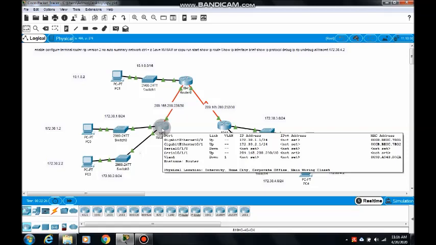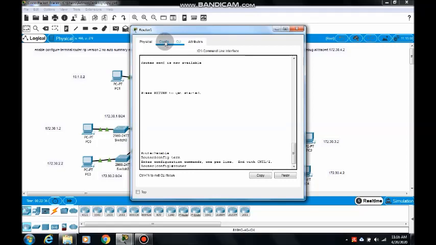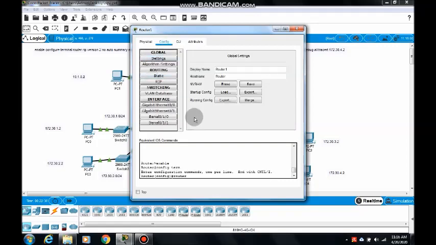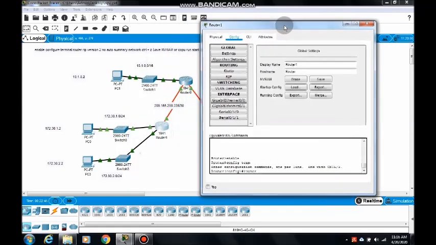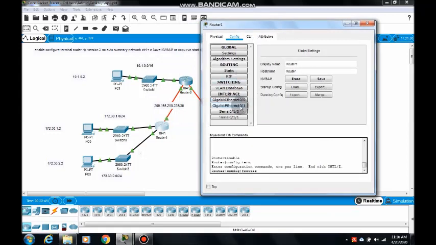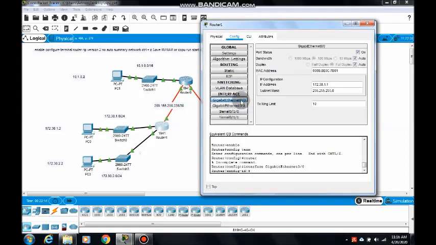Now we will see the configuration of the router. First we have to configure the interfaces of the router. Click on that router and go to the config mode. You can see the interfaces here: two gigabit interfaces and two serial interfaces. Click on the gigabit interface.